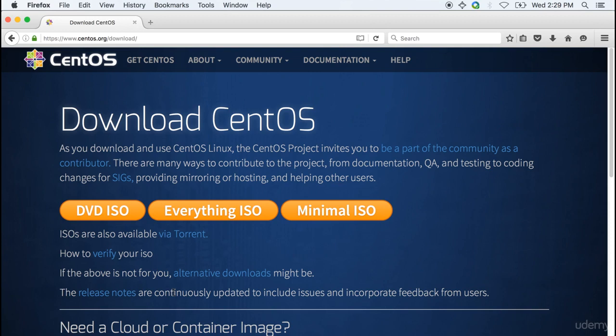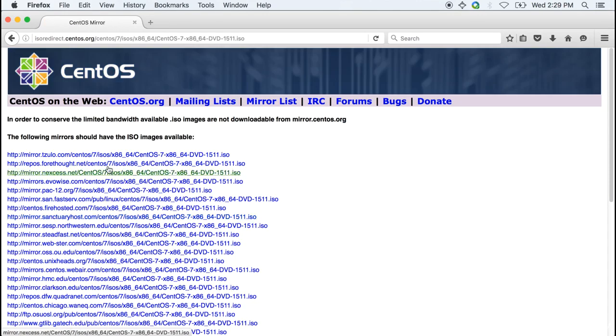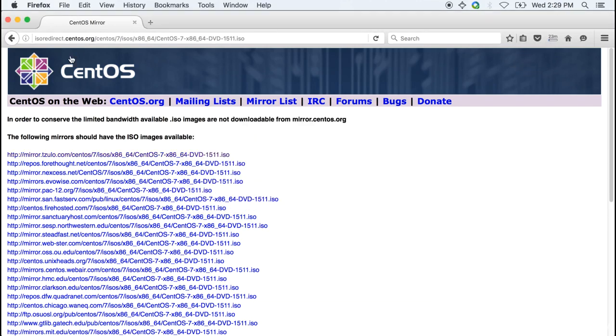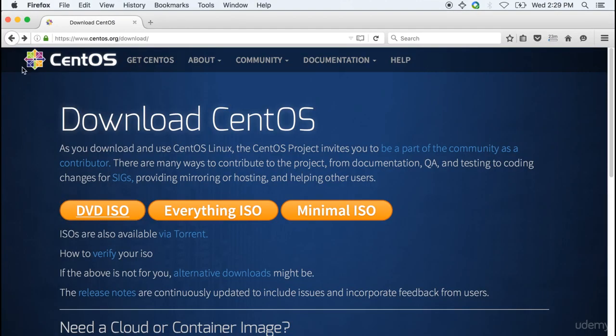You'll notice that you have a few options here. The DVD ISO is perfect for what we're about to do. This DVD image contains all the packages that can be installed using the installer. So we're going to click on DVD ISO to download that. Go ahead and pick a mirror and click download there. Save the file. I'm going to go back to the previous page and let's talk about the Everything ISO and